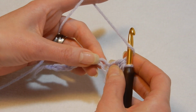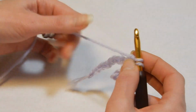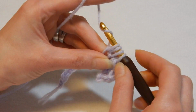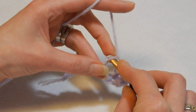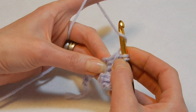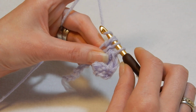Yarn over the hook, move to the next chain, insert your hook in there, pull up a loop. Yarn over, pull the yarn through the first 2 loops, yarn over, and we're gonna go through this line. Underneath that, pull up a loop. You have 4 loops. Pull the yarn through all 4 loops. Yarn over the hook, move to the next chain, and we're gonna do the same. Yarn over the hook, and then you see you have 2 lines here, so we're gonna go through this one. Underneath that, pull up a loop, 4 loops on the hook, yarn over, pull the yarn through